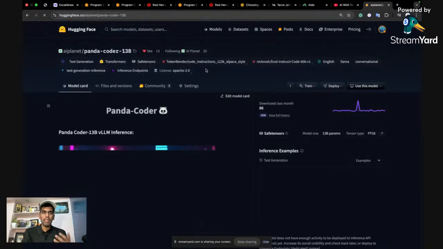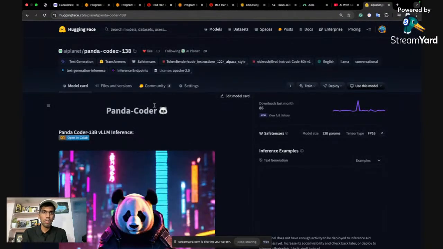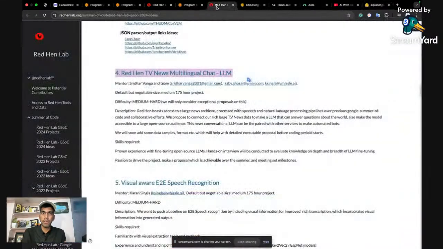What I told them is, see, I have Panda Coder. I fine tuned this model based on a large language model. I know how to fine tune an LLM, and I know how to create a data set for fine tuning an LLM. So this became one of the relevant projects to what the organization is looking for. Here they need to fine tune an LLM, so I created a similar project along the same lines so that they will know he knows how to build this project and the entire roadmap of how it is built.